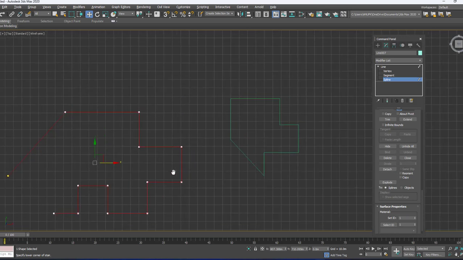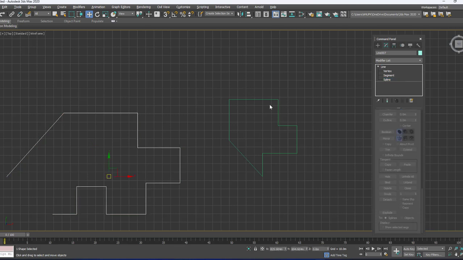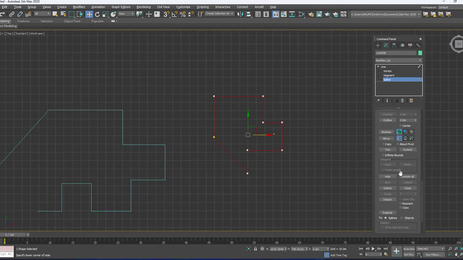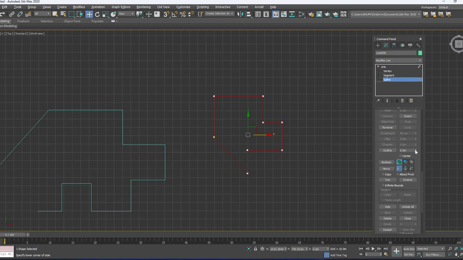not closed. Same way, if I select this line, come out first, select this one, expand it, select the whole spline. As the spline is closed, that's why we get the outline option, so that we can double it. So here we have the outline. You can give the wall thickness to it depending on the requirement. So this is how you can outline. As I told you, the properties are going to differ depending on whether I am selecting the vertex or segment or spline.